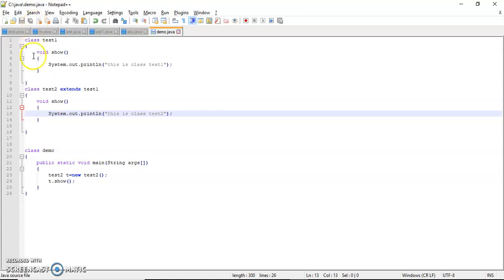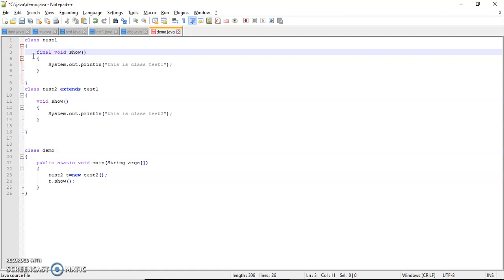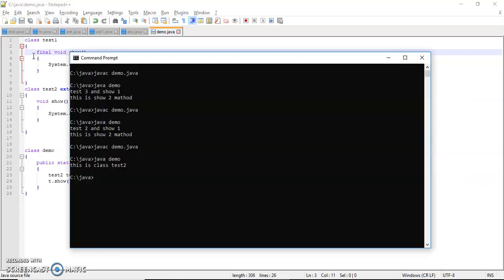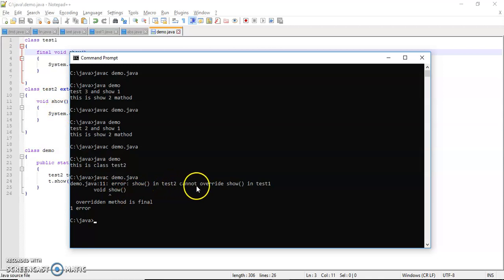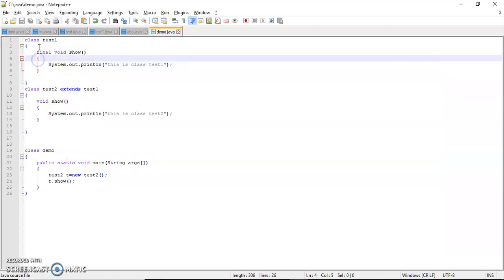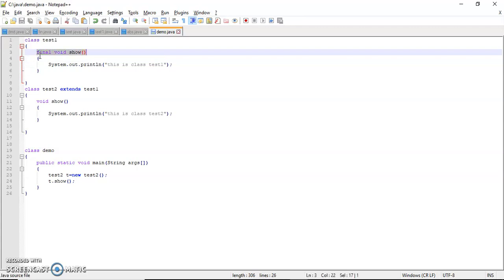Okay, so if I write final and compile the program, the message shows that test2 cannot override. This is the final method which you declared in test1.